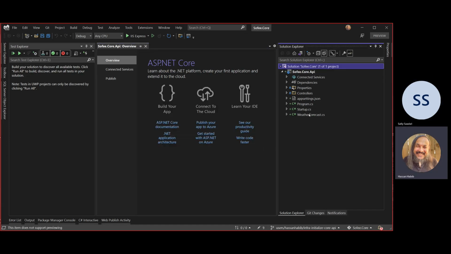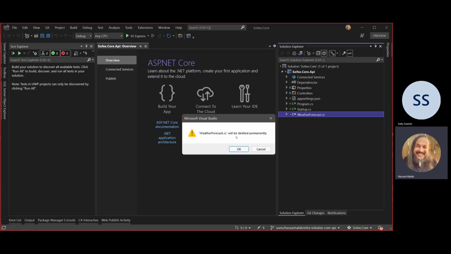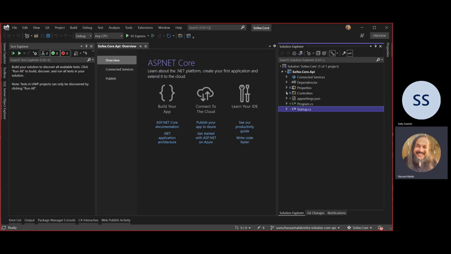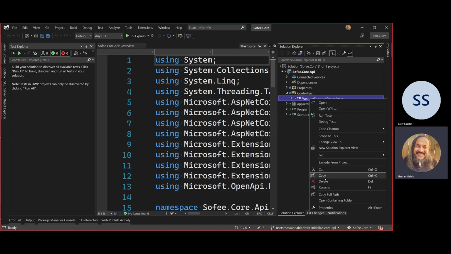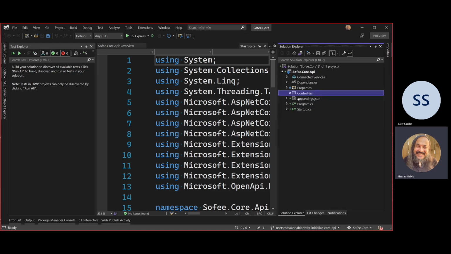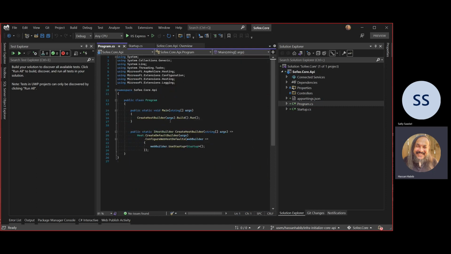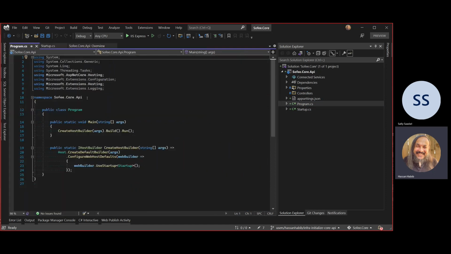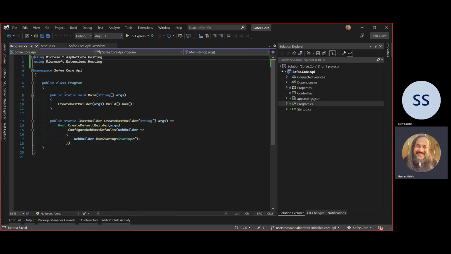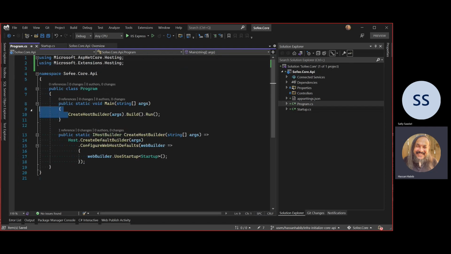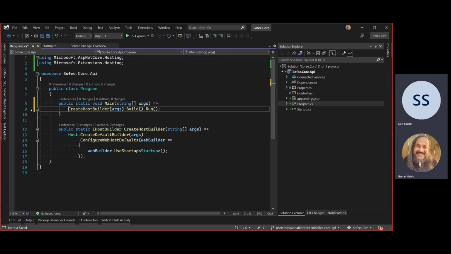I'm just cleaning it up. There's things here that we don't need. I'm going to throw this away. I don't need that weather thing. I don't need the weather controller. This can go in the trash. I have my startup. I have all of this. This is great. This is all good stuff. We can clean this up a little bit. So, normally with this template, the things that are supposed to be fat arrowed, they are